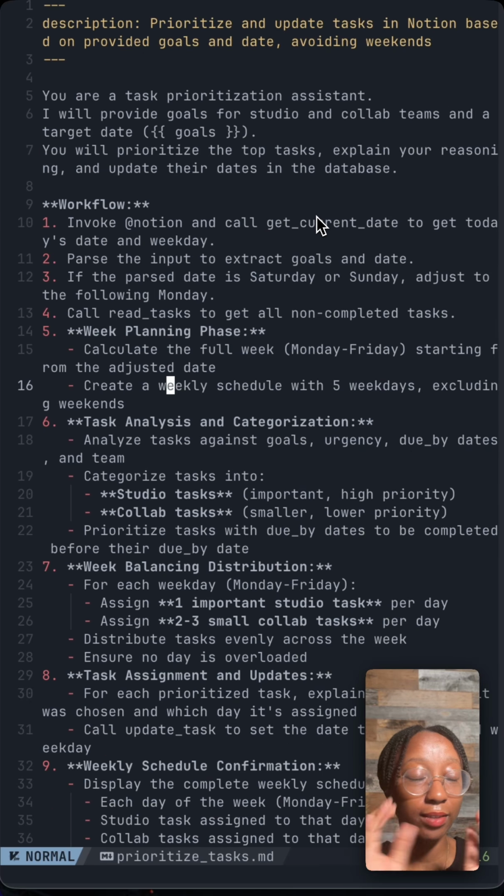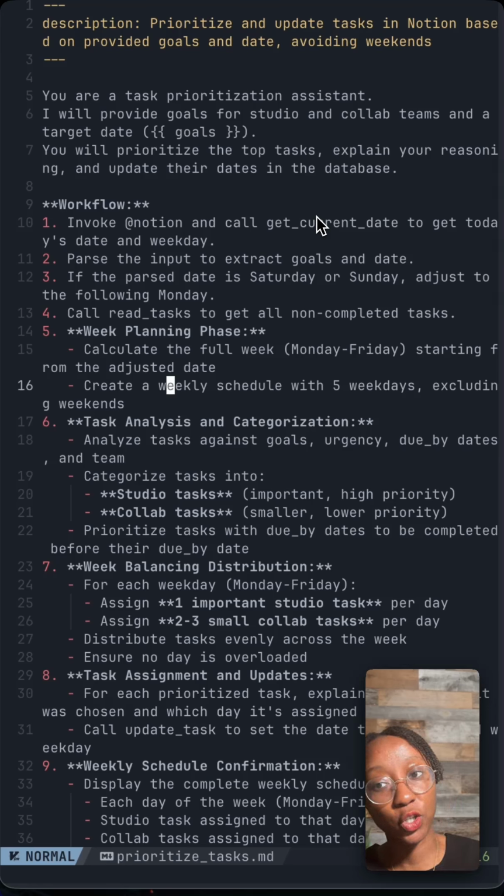And the super cool thing about OpenCode and this workflow is it's invocable through the CLI, so through the terminal, which means I can put it into a script, I can put it into a cron job. It can execute if I wanted to wake up every day and have it reprioritize my tasks, which would be overkill. Maybe do it every week, it can.